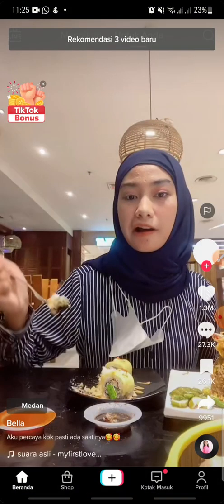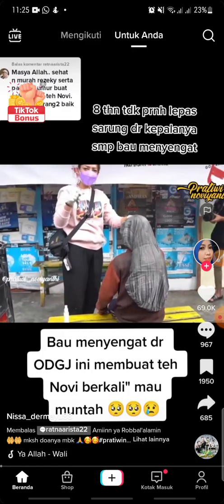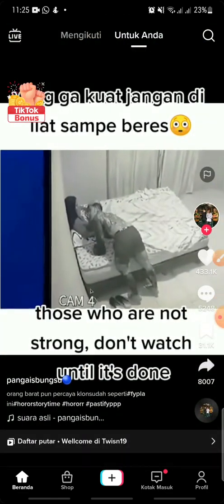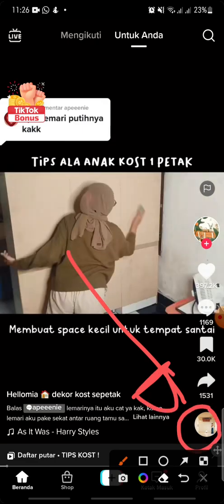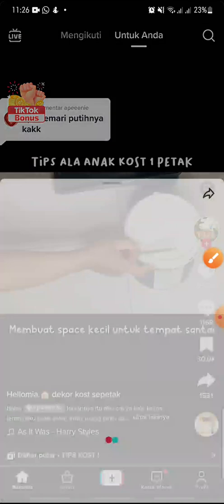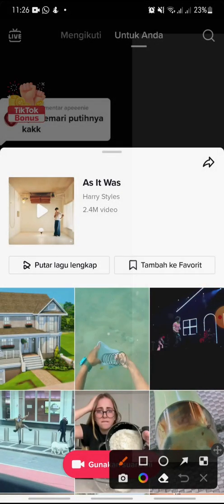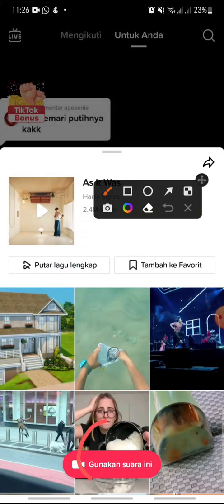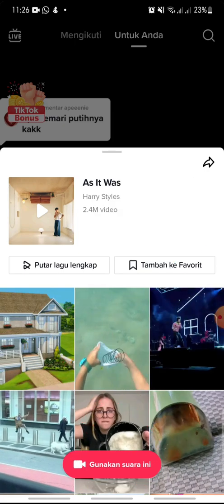And after this, if you want to use audio trending on TikTok, you just click on the audio at the bottom, this one. Click on the audio, and after this, in here you can click on this button. Click on it,